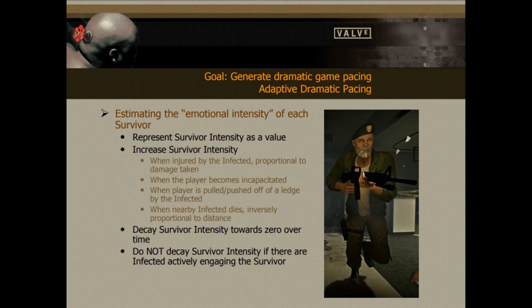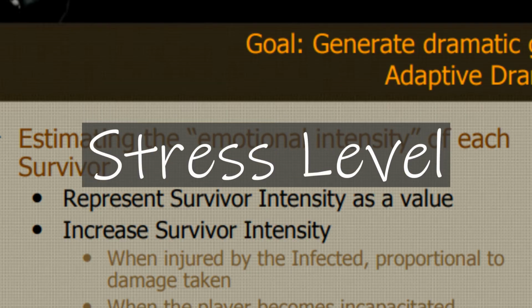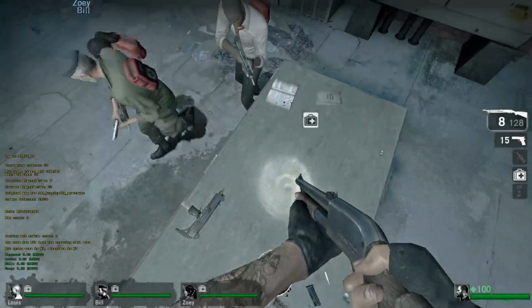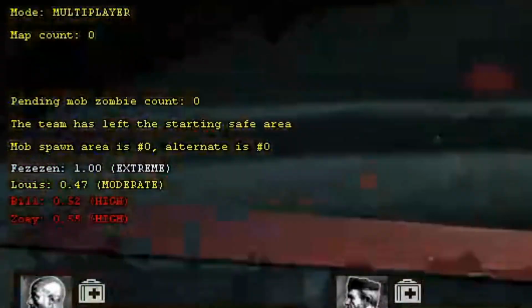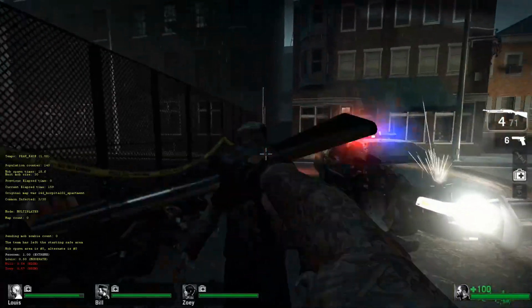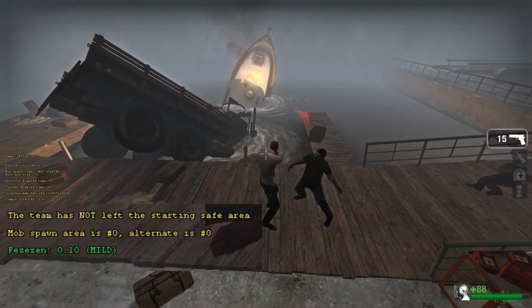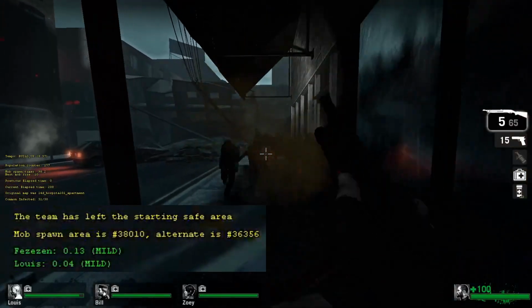The AI director keeps track of a metric called emotional intensity for each survivor. This is often shortened to just stress level instead, and that's how I'll be referring to it. This metric is a value that ranges from 0 to 1, starting at 0. The stress level of a survivor is increased based on a variety of events and circumstances, such as when they're attacked by infected based on the damage taken, when they are incapacitated, or when nearby common infected die, based on